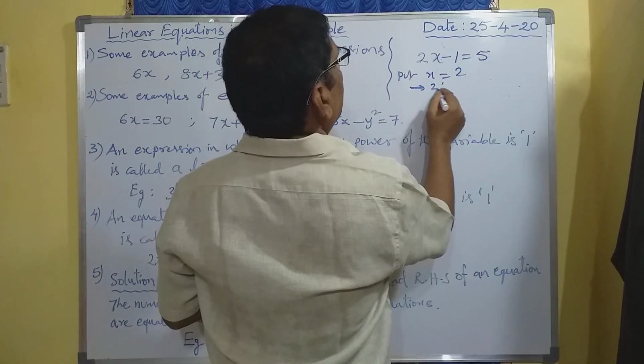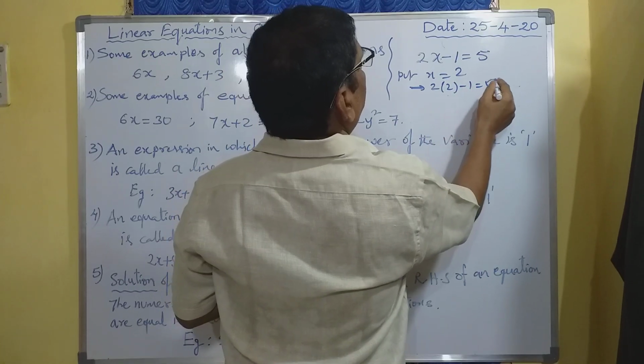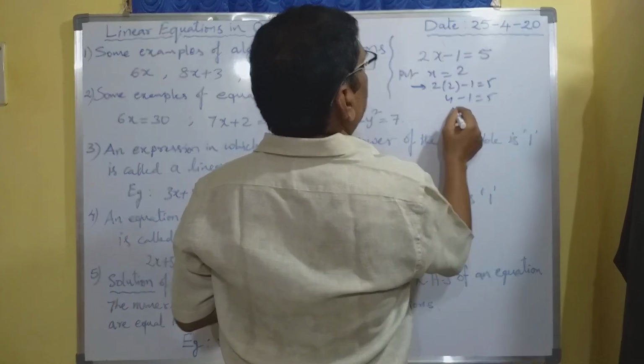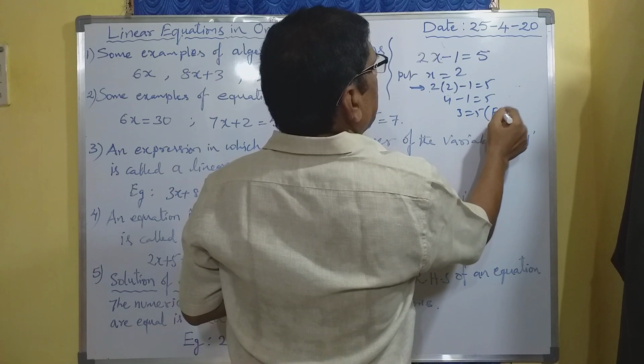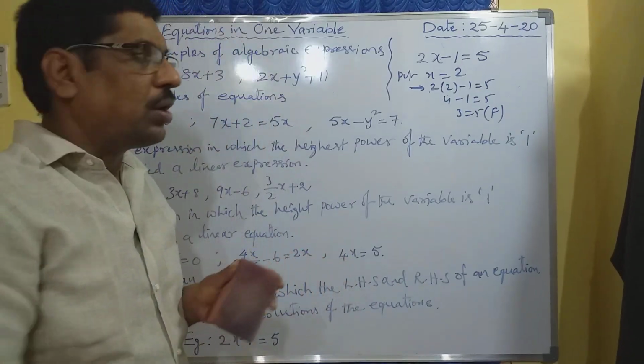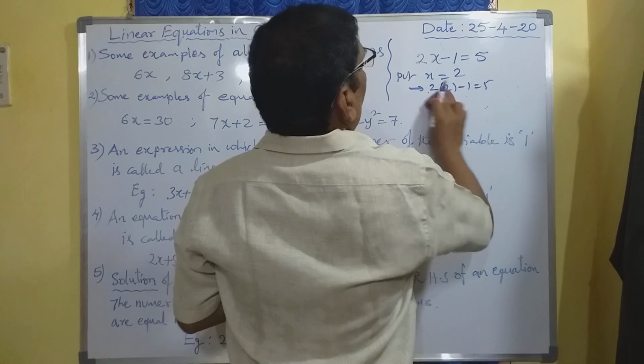Implies 2 into 2 minus 1 is equal to 5. 2 into 2 is 4, 4 minus 1, 3 is equal to 5. Is it correct? No, it is also wrong. Now, let us take one more value,